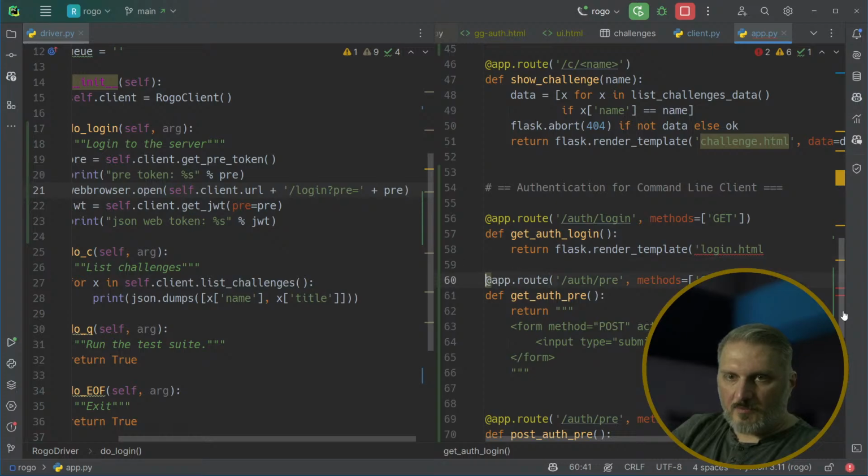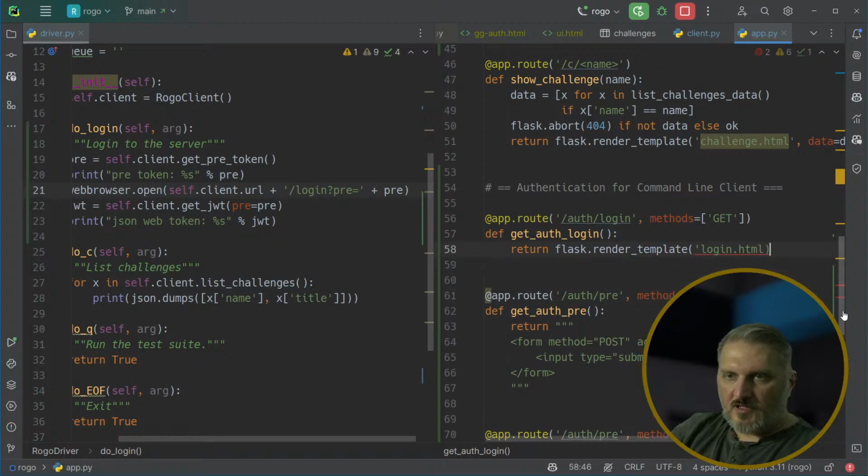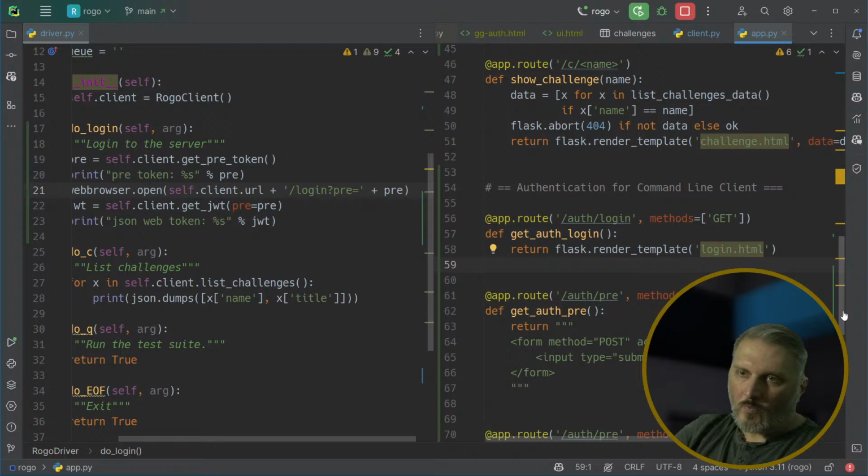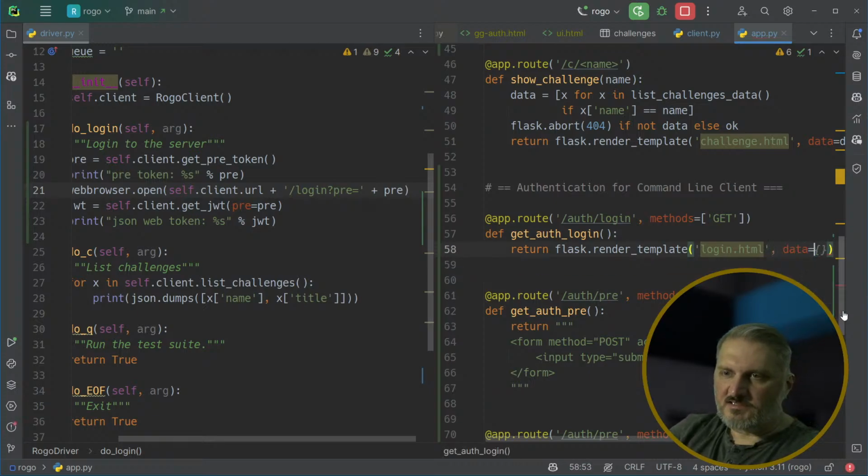Right, got a problem here. So render template login.html, fine. Data equals